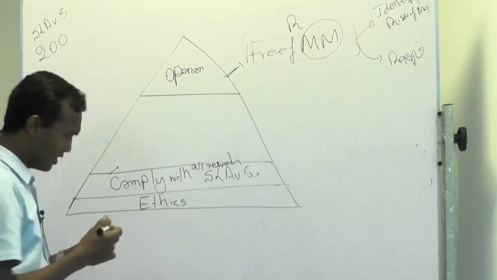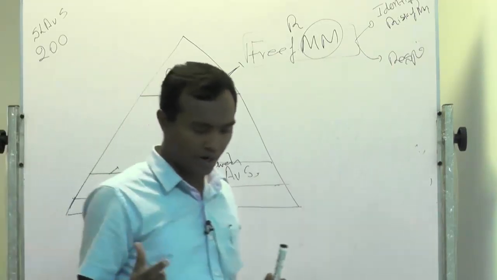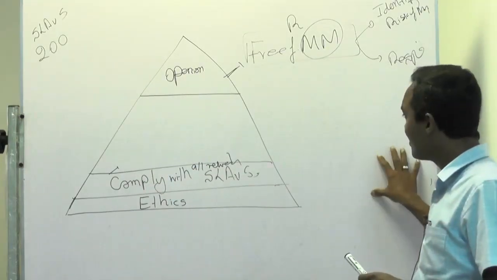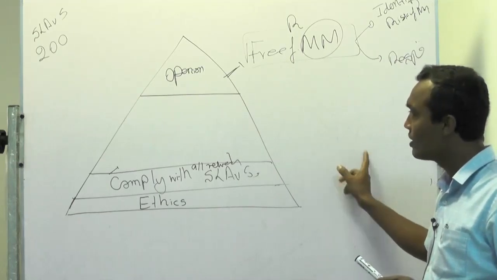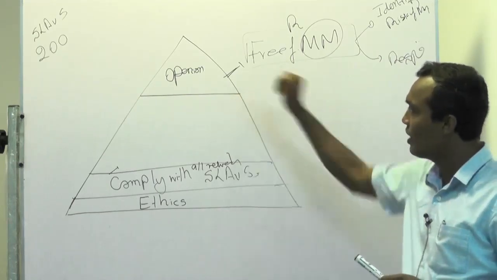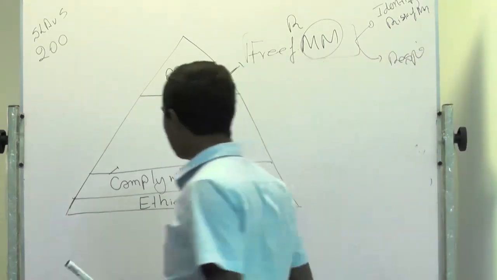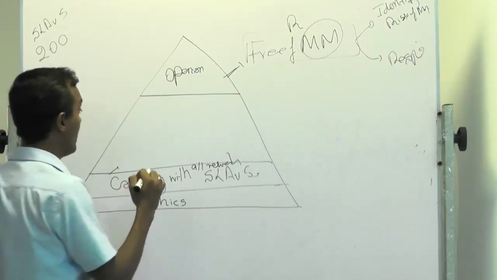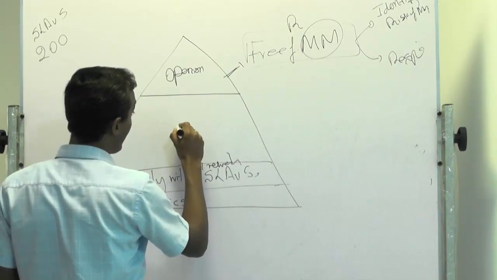Now, put it in very simple language. Somebody, one of your friends, is asked by another friend, for whatever reason, what do you think about this person? What is your opinion? Is he good? If you want to give an opinion, you have to give it based on facts. You can't just give an opinion. So, those facts that matter to the auditor in giving the opinion are written in big letters. What are they?